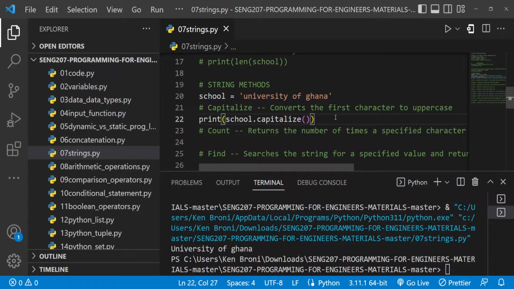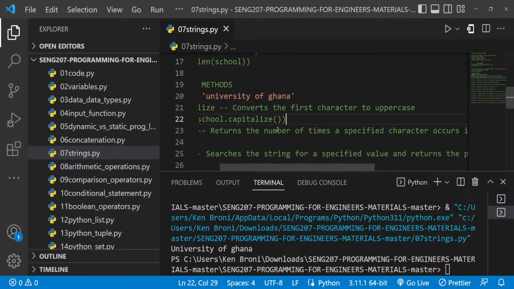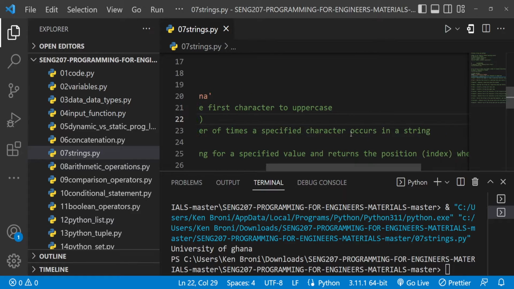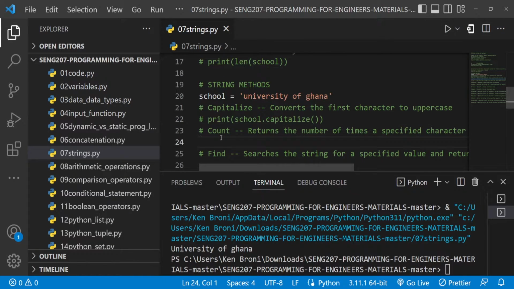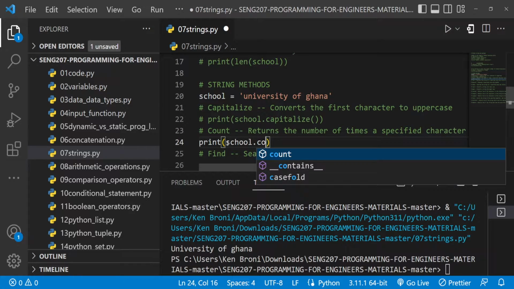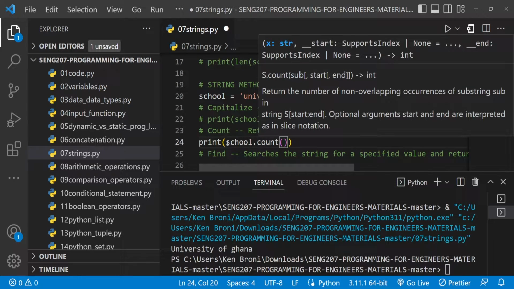So now let's move on to see the other methods over here. Now let's come to what we have over here as count. This count returns the number of times a specified character occurs in a string. So now let's look at this. Let me first of all bring in the print, and inside of print, I'll say school dot, and I'll put in count over here. Then I'll bring in the parentheses. Now this takes in a parameter, and that parameter can be a string or maybe a substring. And what it does is it's actually going to count the number of times that character appears in the string